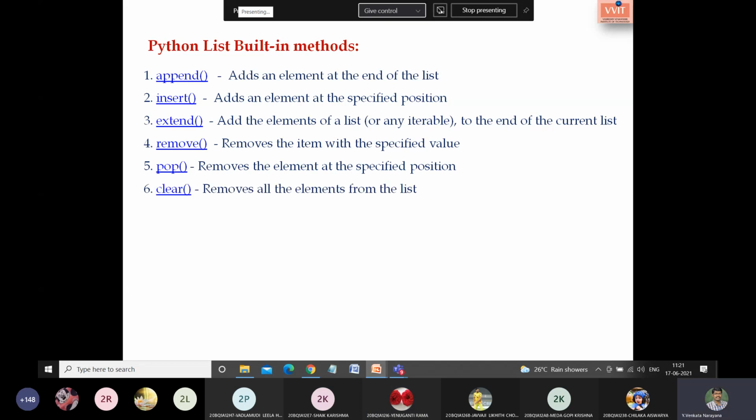The next function we have is clear. Clear is nothing but removing all the elements from the list. Clear is a method which is used to remove all the elements from the list. So there are three different types of removing element methods. The first one is remove, the second one is pop, and the third one is clear. Next we have, sorry,